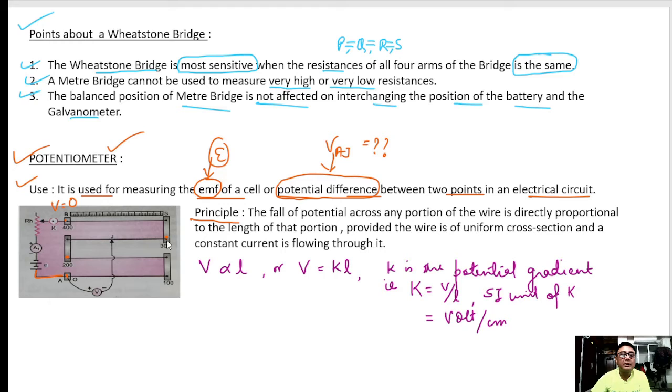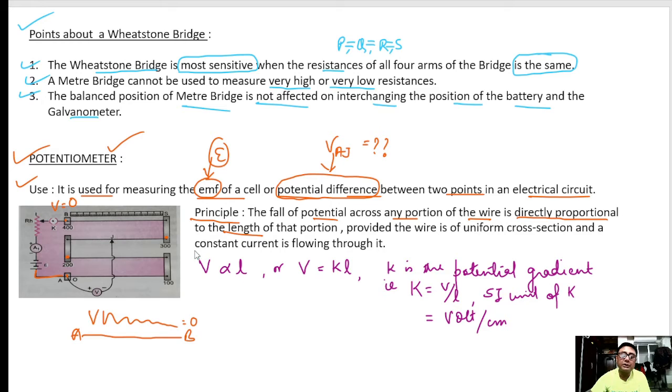As you go along tapping, the potential will go on decreasing till it becomes 0. The more I go from A towards B, the potential will go on decreasing. So the fall of potential across any portion of the wire is directly proportional to the length